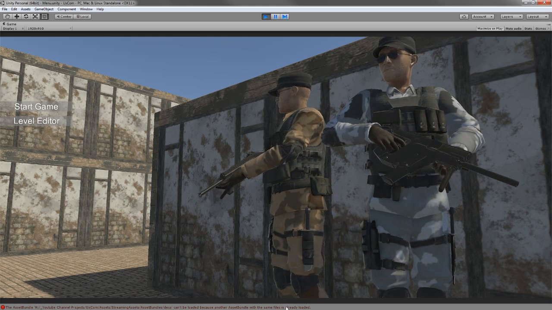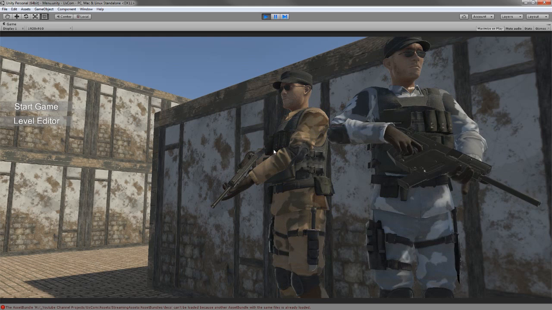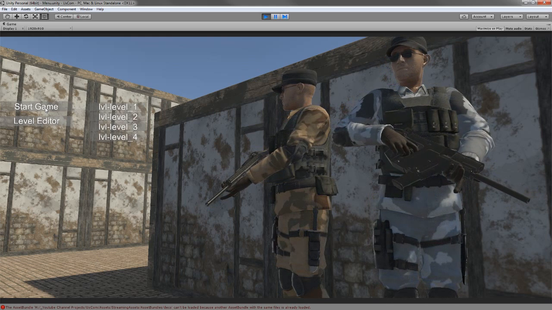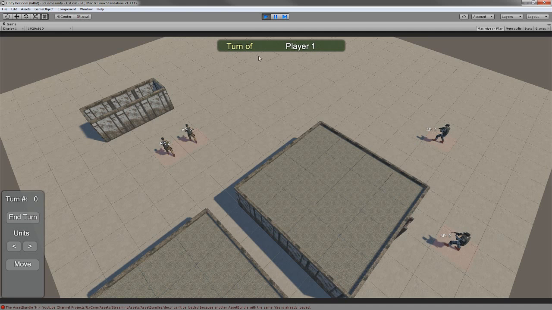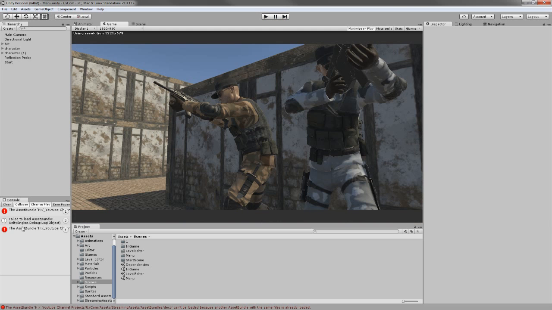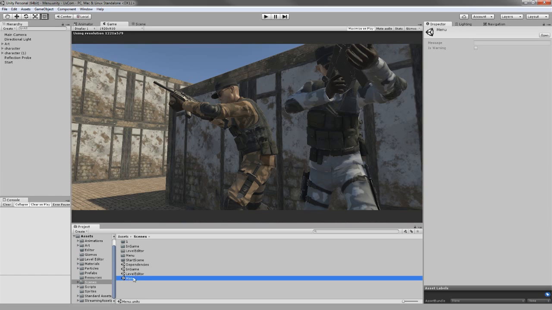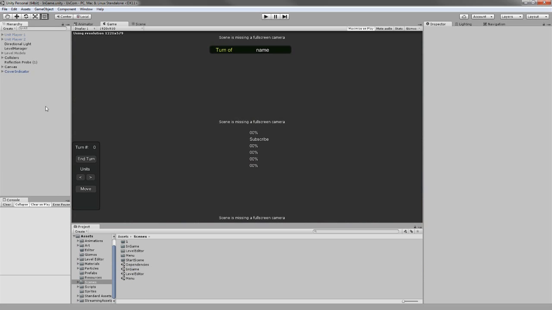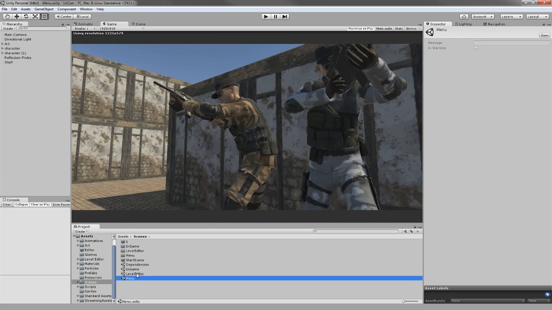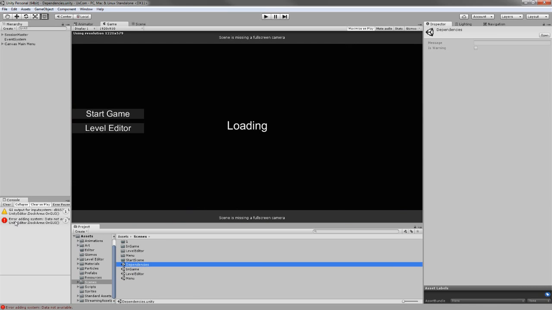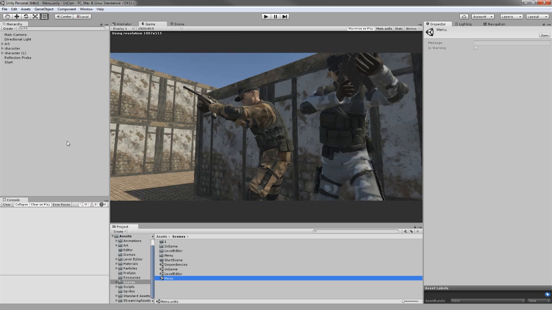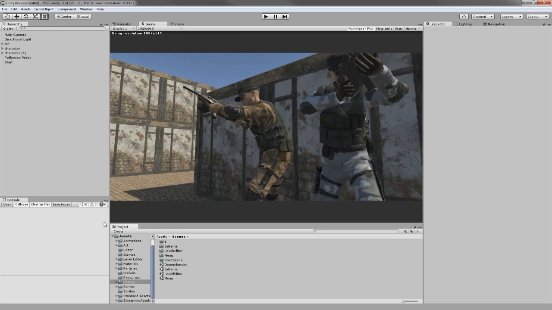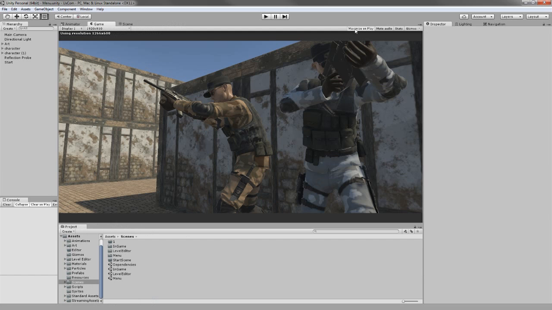Of course, there's a problem with the asset bundles because we have already loaded them. Start game. Okay, you see all that, and of course you can actually, and I think it's just Unity bugs, I think. Main menu, yeah. Okay, if you want to handle it that way. Now